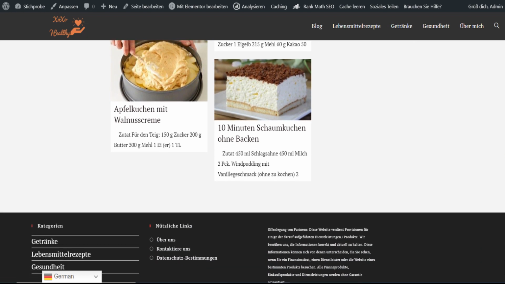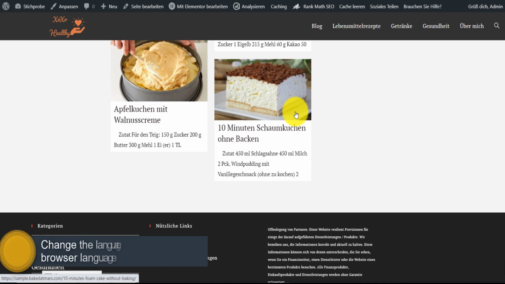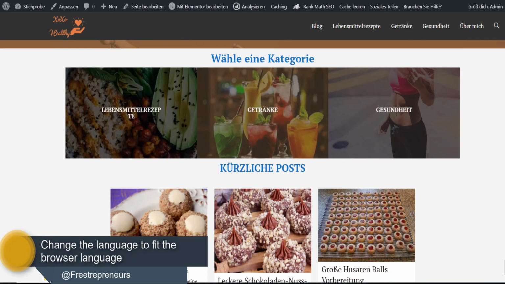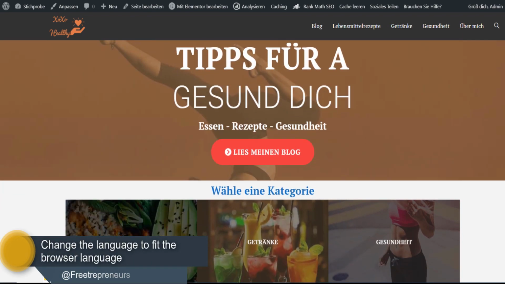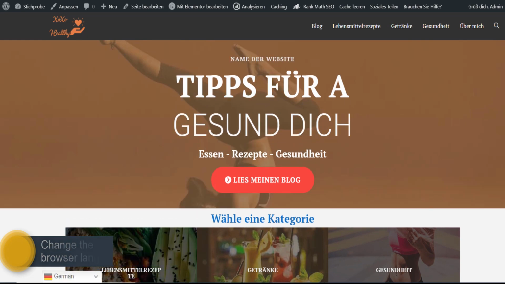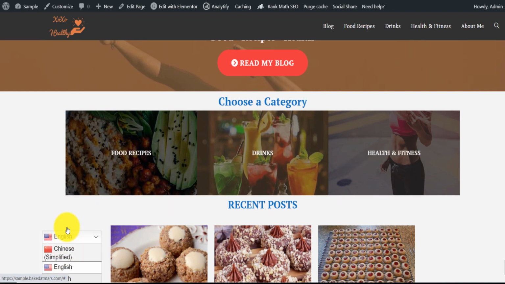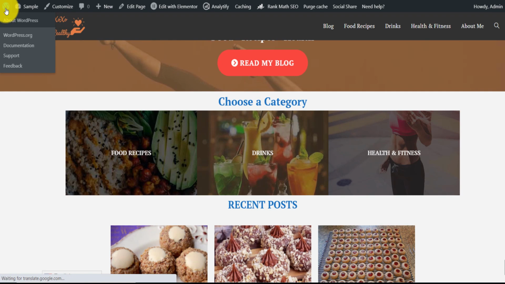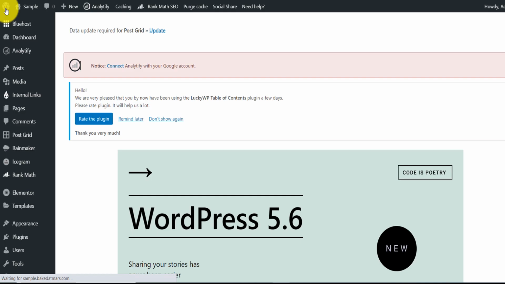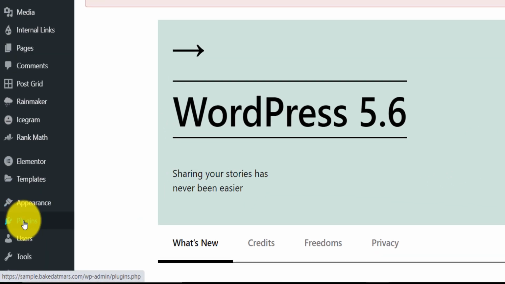And you can even make it in such a way that it will automatically detect the browser language and easily change your content into that language. Let me show you how to install the plugin and how to activate that option. Let me go back and put that back in English. But essentially, if you go to the back end of your website,